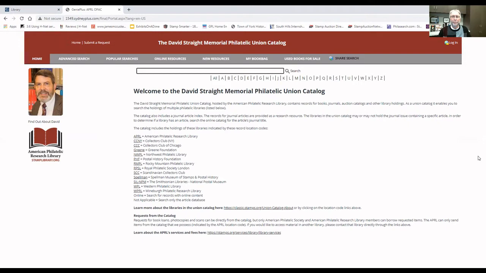So in order to go about requesting items for borrowing from the APRL collection using the online catalog, you can do two different types of requests. You can do a basic request here from the home page, and you can type your search terms in this text box at the top of the page, and then you can click search and find those items. So if I click search on those two terms,